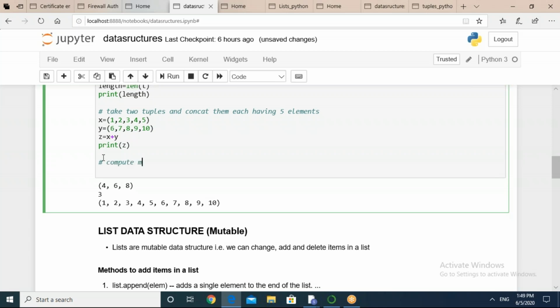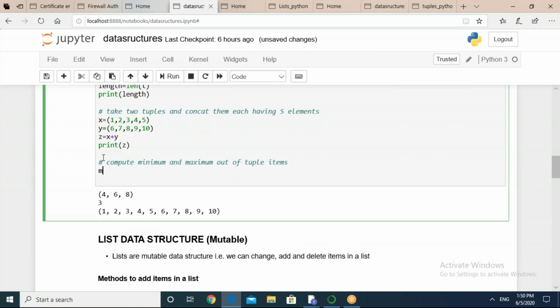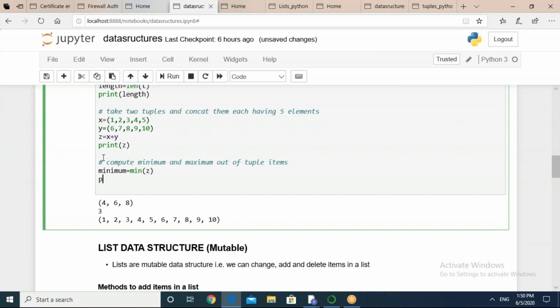Compute minimum and maximum out of tuple items. You can make use of the same tuple that you have created. Okay, like minimum equals to min. I have done it with Z, let's say.